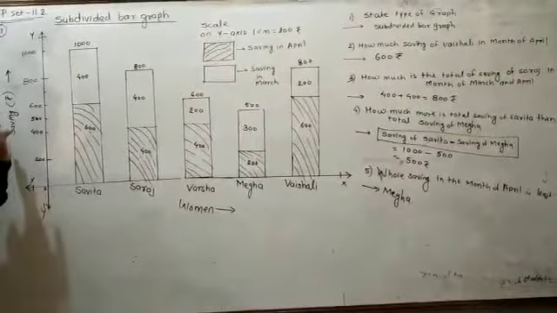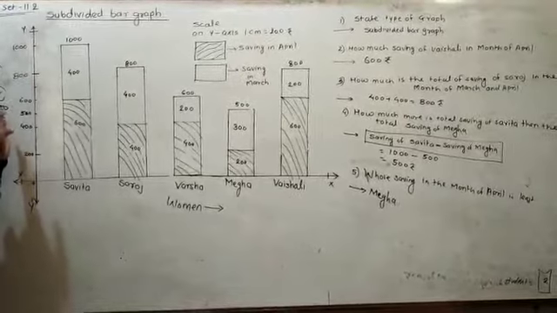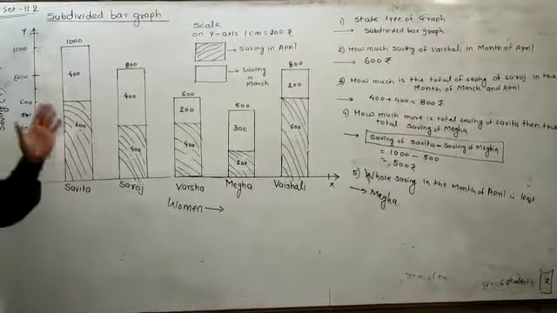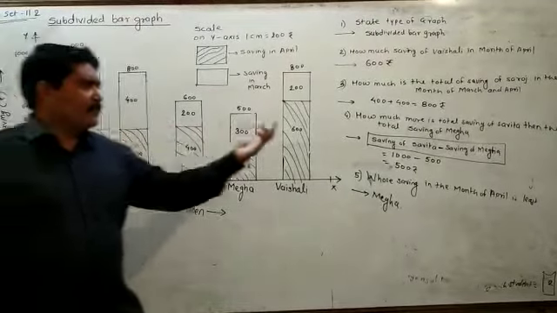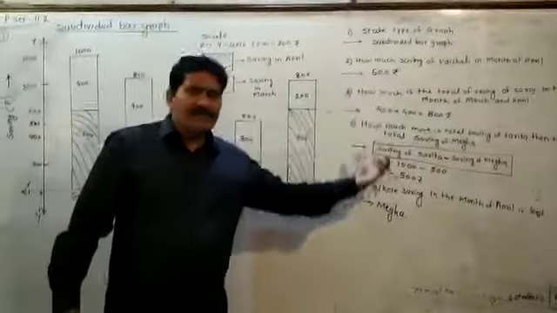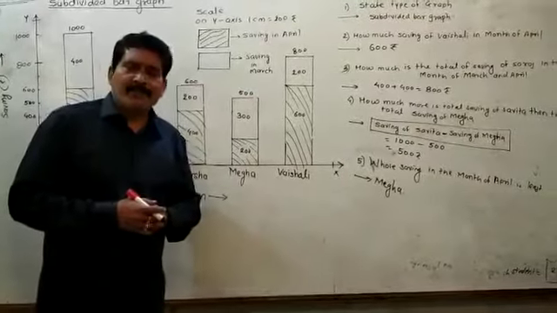Did you understand all these things? I think this one is very easy, so try to understand each and everything. You have to complete this question in the graph book. In the graph book, you have to write the question answers, and you also have to draw the graph properly in the graph book. Thank you.